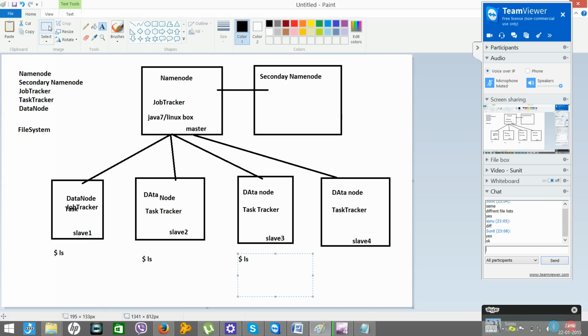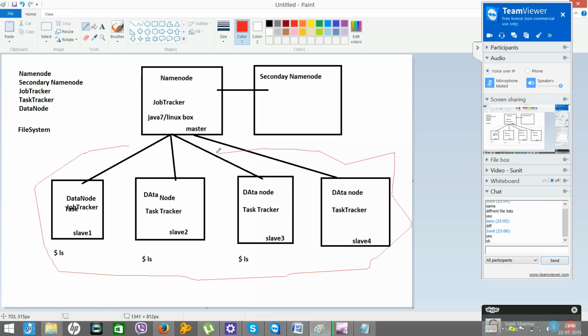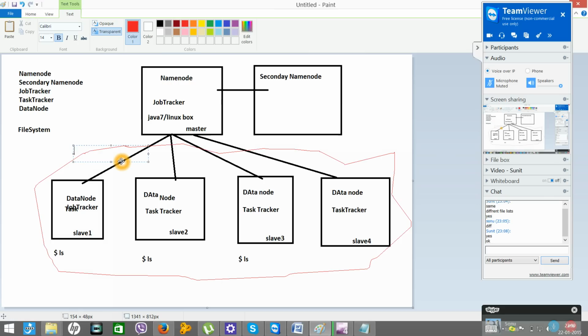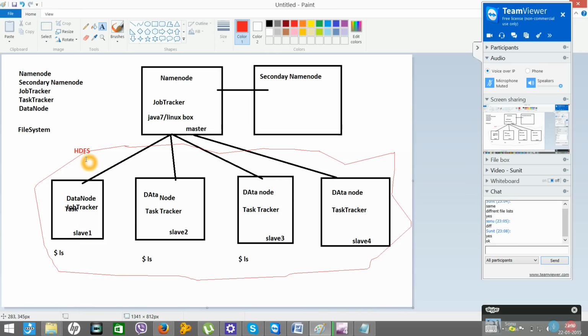So I'll say like this: this whole system, combiningly, they make a file system called HDFS, and this HDFS is built by taking all these systems.